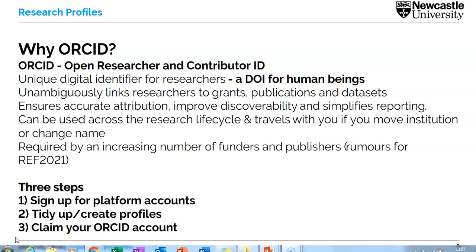Fortunately, an ORCID profile is very straightforward to set up. It just involves a little bit of tidying and housekeeping. If you are new to research and you perhaps only have 1 or 2 publications to your name so far, you could even go ahead and do this manually because that doesn't involve an awful lot of effort on your part. Conversely, if you do have a longer list of publications and manually adding them seems like a bit of a laborious task, you have the option of setting up or claiming your research profiles from popular databases and then importing the details from there. And that's what we're focusing on in these next couple of steps. So 3 steps in order to do that.